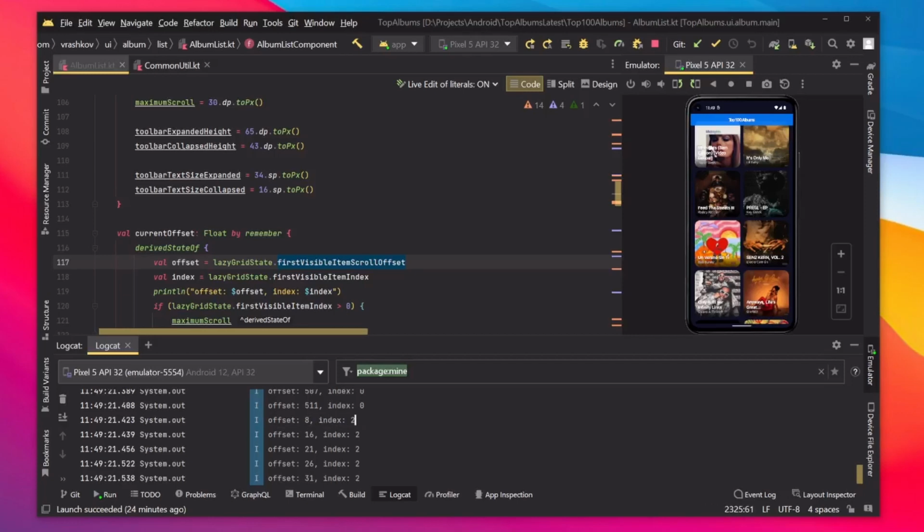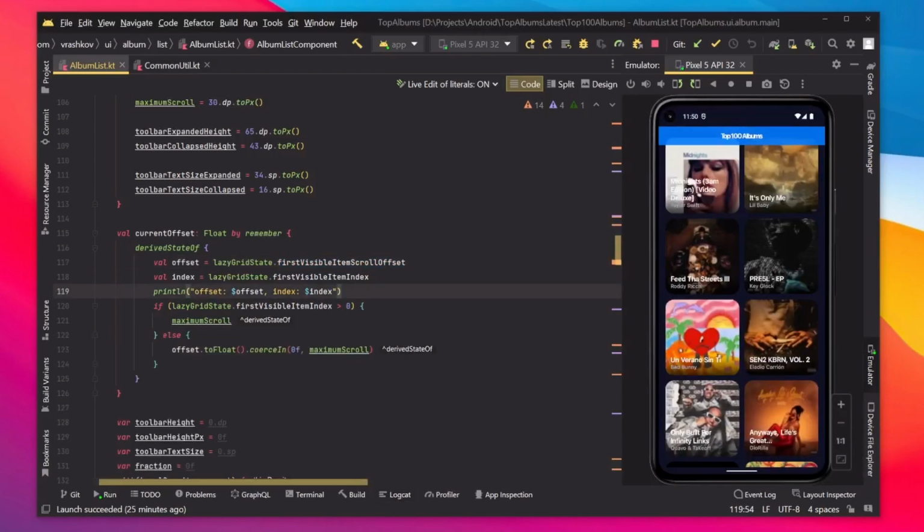Just keep this in mind, because if you think that this offset is based on how much we have scrolled, it is just the offset of the first visible item. I mean, it is what it says it is, but it might be confusing if you think it's just the position of the scroll. After that, what we have here is, because we know that our maximum scroll is 30